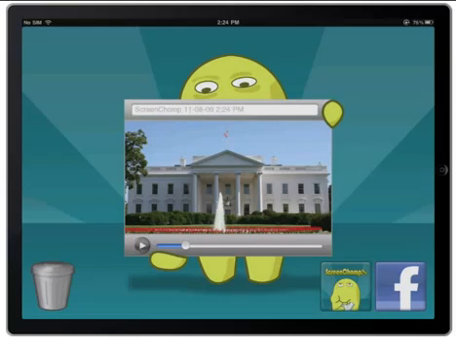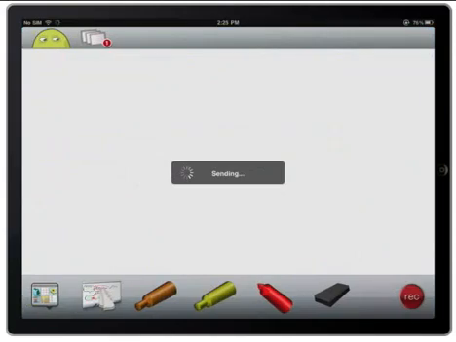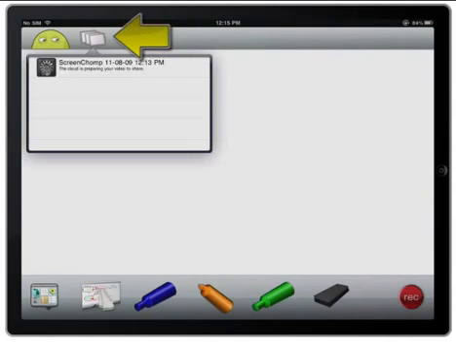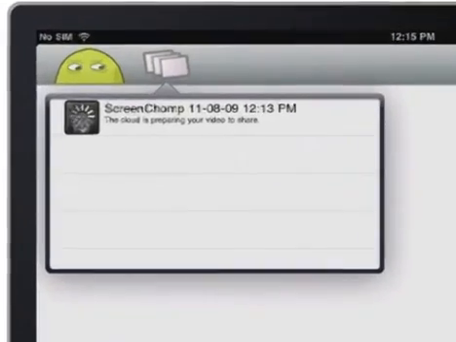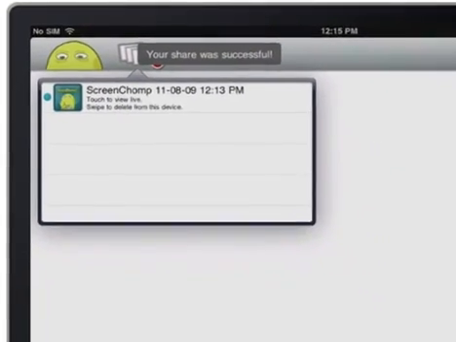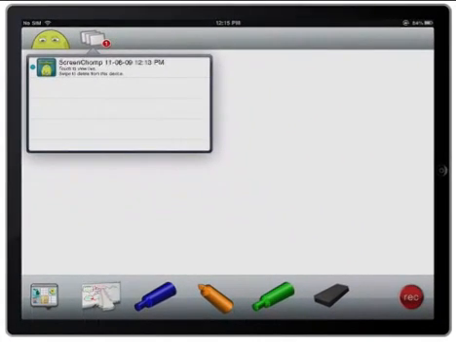So if you're happy with the video, what you do is you click on the Screenshot button over here. Now if I click right up here, it's going to prepare my video. If I now click on this video,